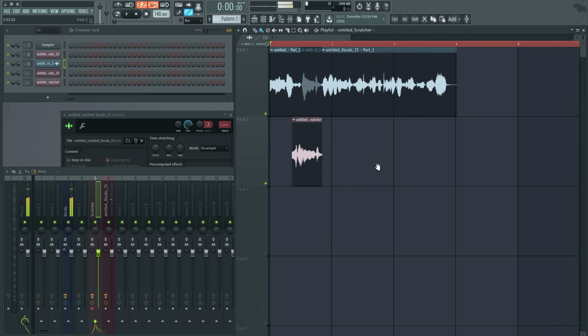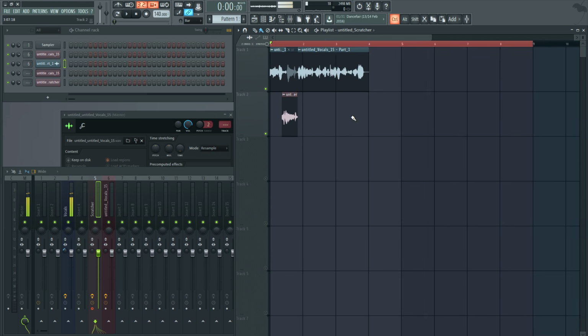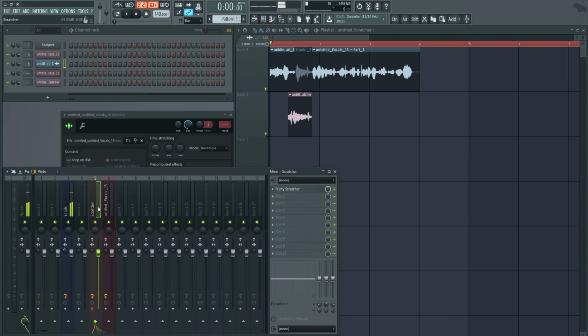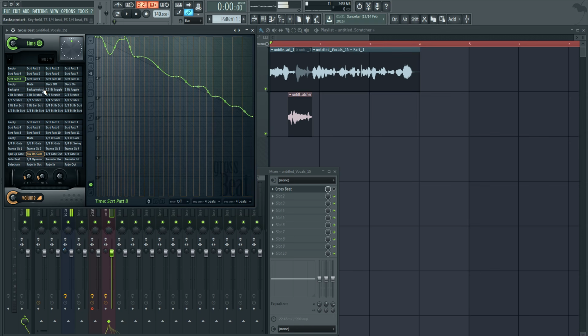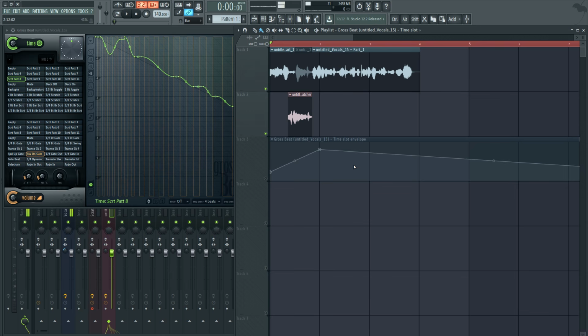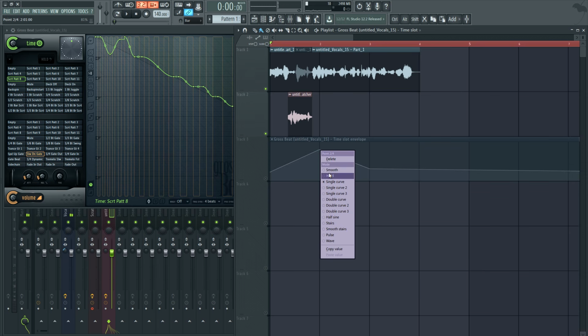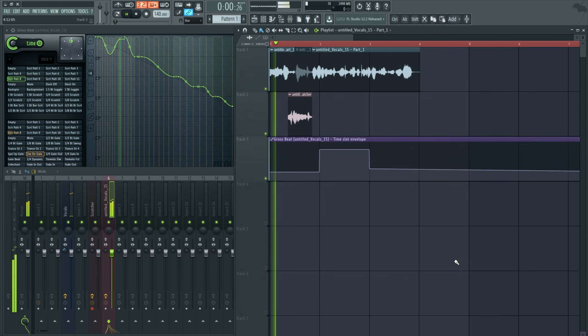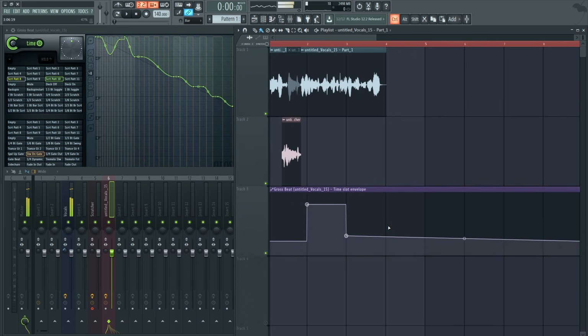Something like that. That's how you could scratch vocals into your song. Of course, with Gross Beat, you could do automations if you know how to do that. Right click, create automation clip, and then point these, create hold automations. Notice how it's moving from here to there to 11 to 10. And yeah, that's another way to utilize it.